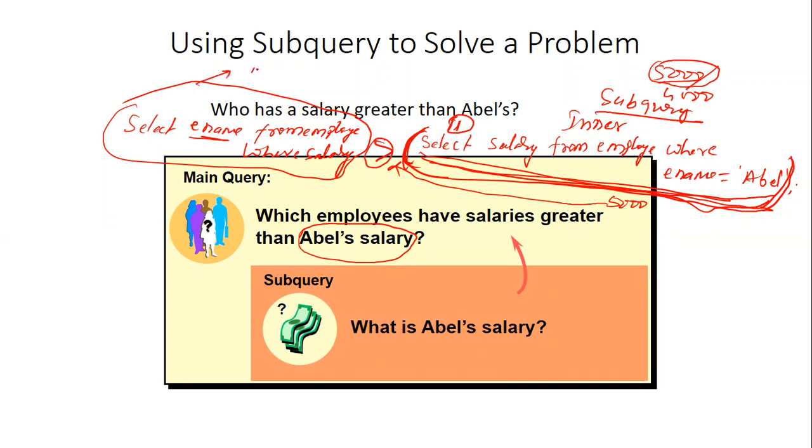This is called the outer query, or main query. You can write a query inside a query, and that is called a subquery. So now the concept of subquery is clear to you? How can we apply a subquery? You can divide a big problem into small problems, then combine the multiple queries.